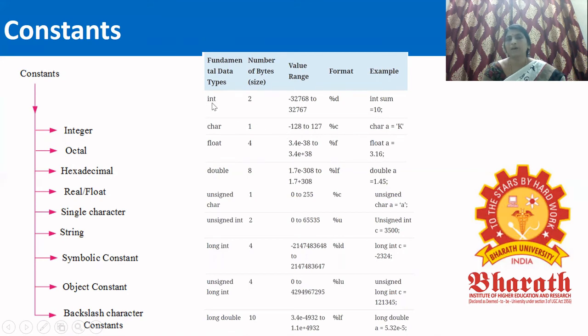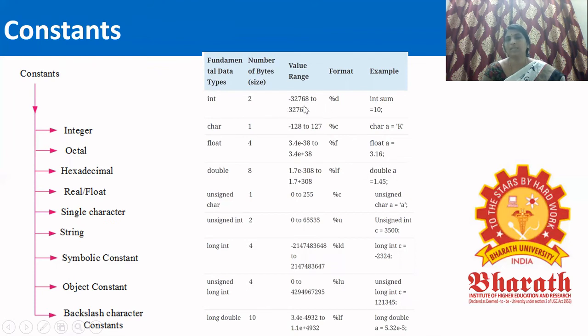The data types are integer, character, float, double, unsigned character, unsigned int, unsigned long int, and long double. These are just the types according to the number of bytes the data type can store. The value that can be stored under each data type is indicated in the table.